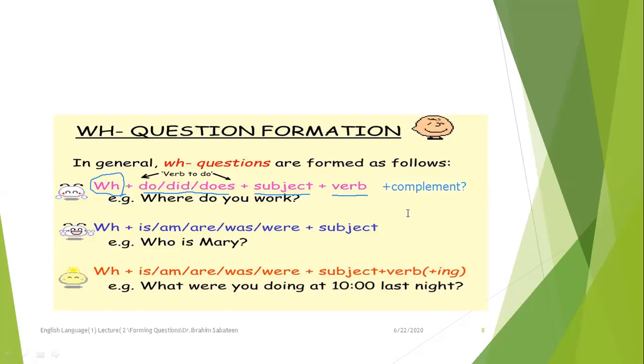Again, if you want to form a WH question, what do I have to do? First, you have to put the WH question word. Then the auxiliary verb, which could be a form of do, be, or have, or a modal